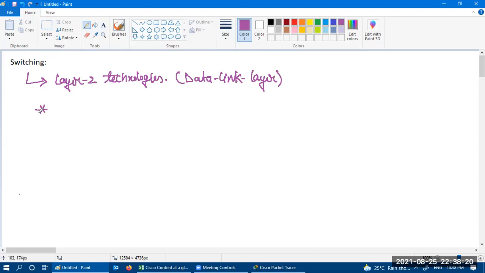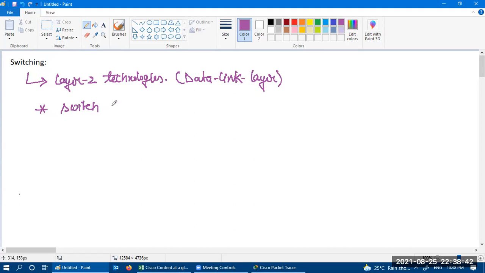If you talk about the data link layer, the device that is working over here is the switch. Previously we had bridges, but now bridges are out of business. They were upgraded and there is a new device that's called a switch.